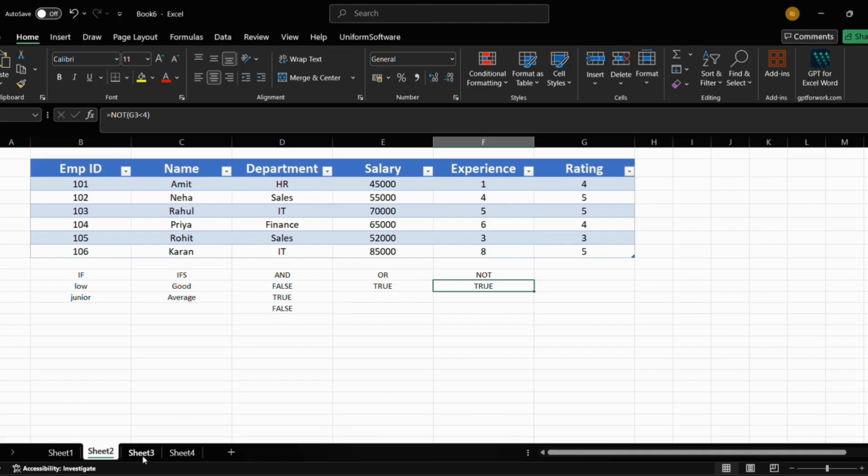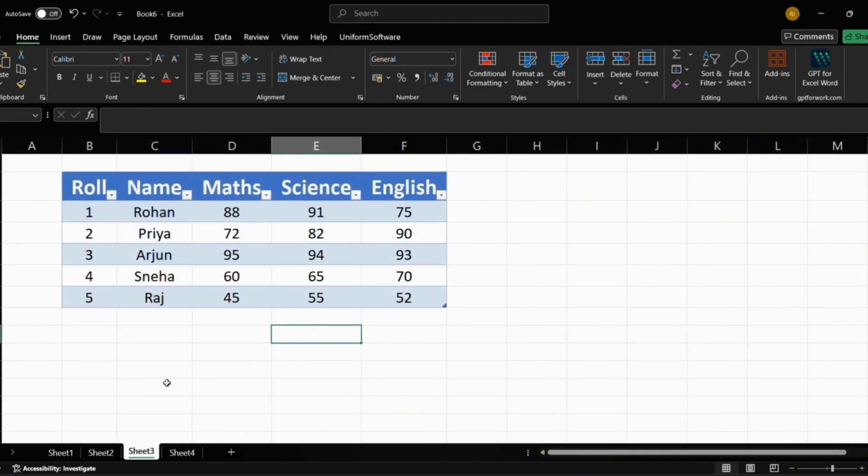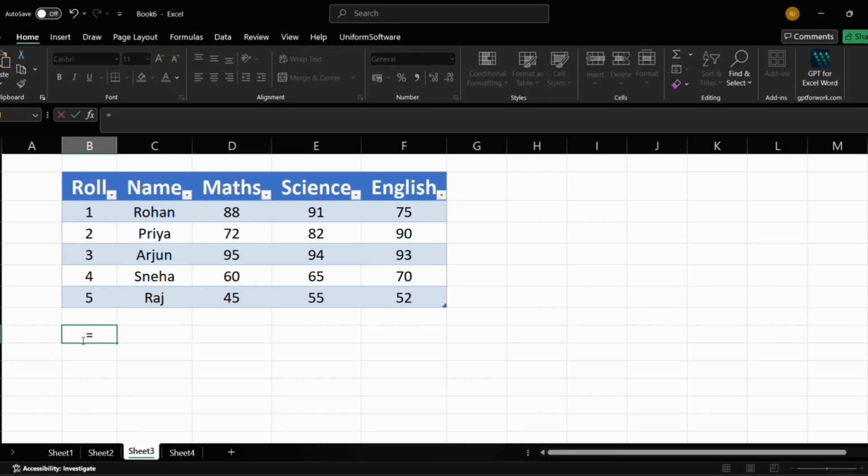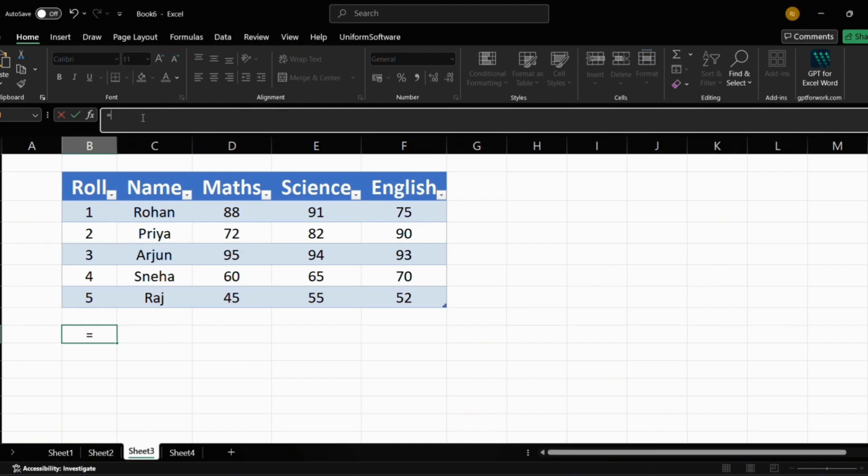Now, let's go towards the final dataset. In this dataset, we will basically do only a few basic statistical problems. So first of all, let's find the average again. Equal to average. However, this time we put in a range which is from the D3 to the F7,